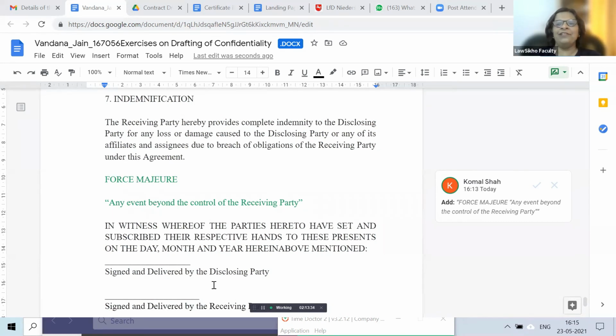As a lawyer for the receiving party, you may try to put this. If it goes through, then it's okay, you are saved. Otherwise, the opposite party will say that I don't accept this, this is crap, please limit it and make it specific. Because Lakshay was specifically asking, if I'm a lawyer for the receiving party, what should I do? That's why I'm saying.